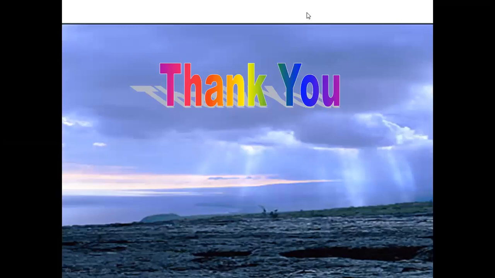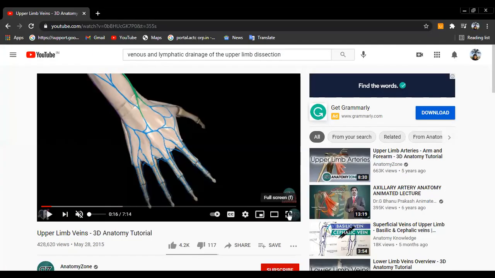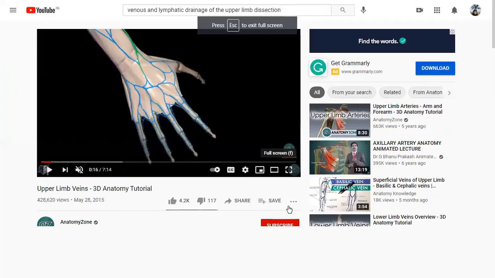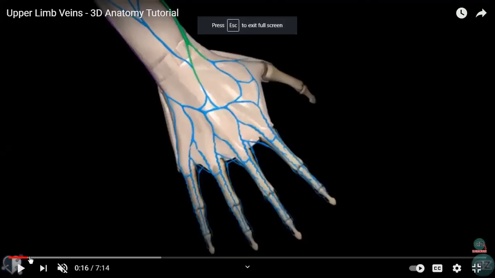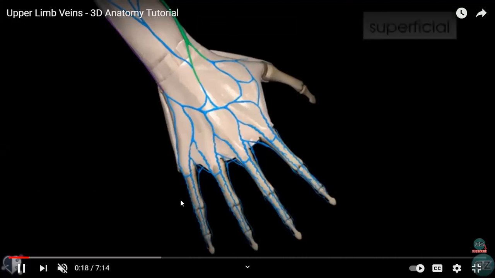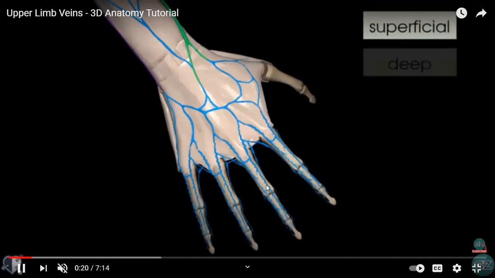So let me also show you one 3D anatomy. This is actually very good because I didn't find much of dissected things. Veins are very much superficial and very much difficult to see here. What are the various veins we have seen? We have superficial veins, those are the dorsal digital veins. We have deep veins also. We have oblique veins connecting them, right?